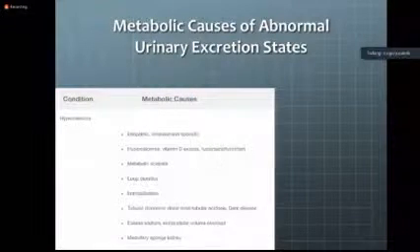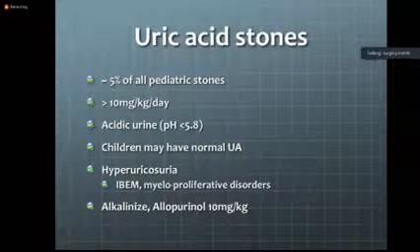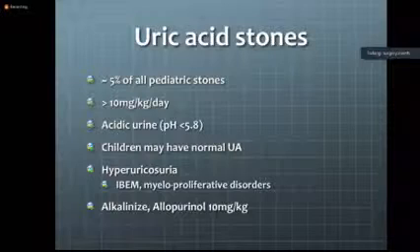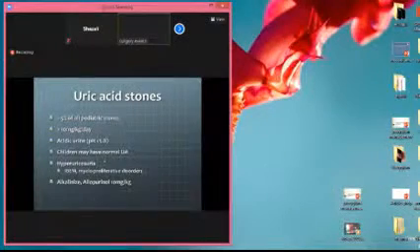Uric acid stones in children are relatively less common, they are becoming more common in adults, and we know that they are related to the metabolic syndromes. But in children, the number of uric acid stone episodes are also increasingly being reported, probably because of the dietary change which has taken place, at least in the cities. So acidic urine, which is a pH of less than 5.8,